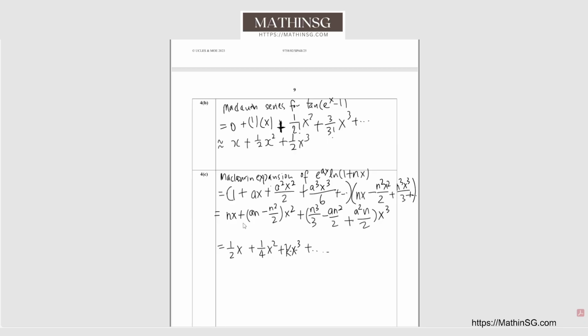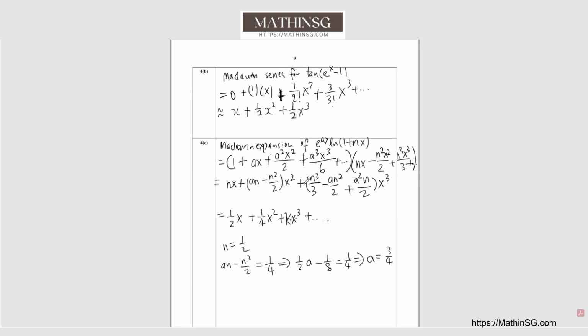Now I know that n is equal to half, and then I know that an minus n squared over 2 equals 1/4. I will sub in n equals half, so I have half a minus half squared, which is 1/4, over 2, so it's 1/8, equals 1/4. Therefore I know that my a is equal to 3/4. So now that I've already found n, which is half, and a equals 3/4, to find the third term,